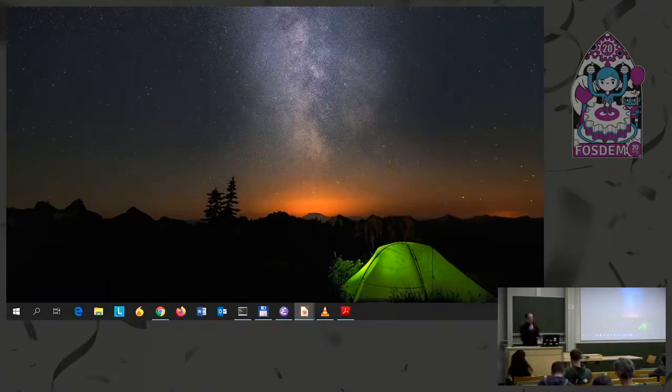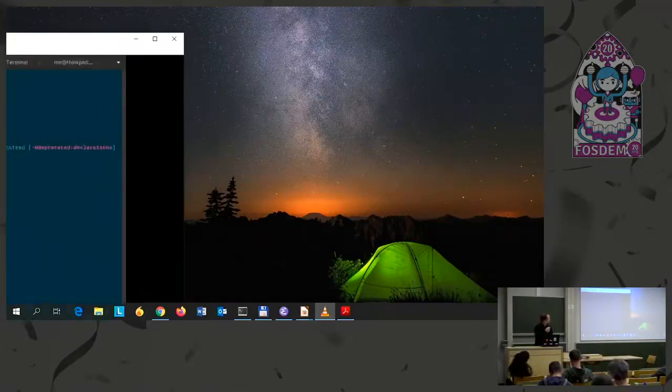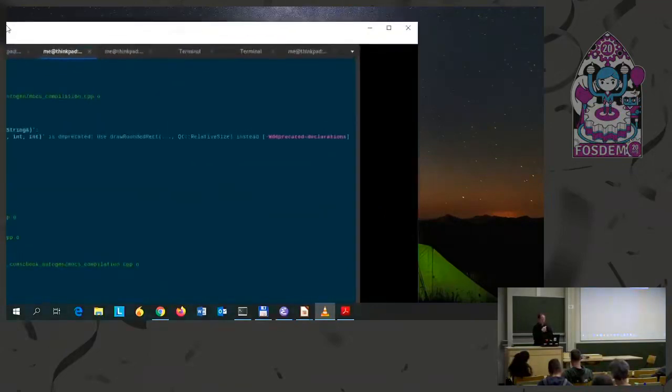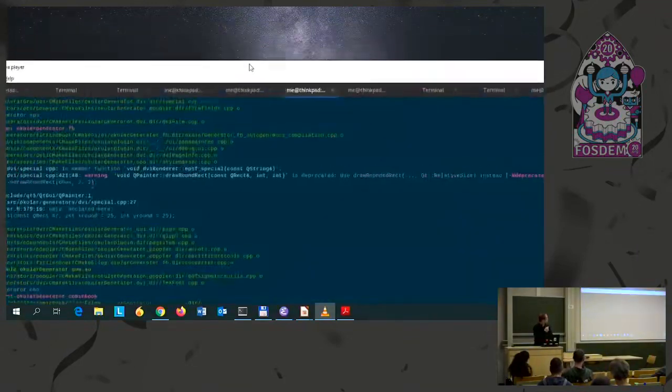Okay, so it's me. I'm cheating a little bit. What I'm talking about is not going to be about LibreOffice for a change, but about something that I care a lot about, which is digital workflows. I was hacking a bit with Bubbly on something that many of you might know,